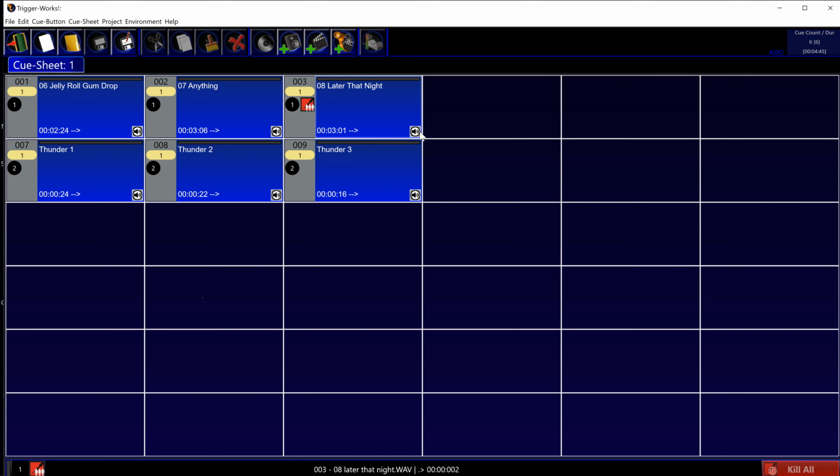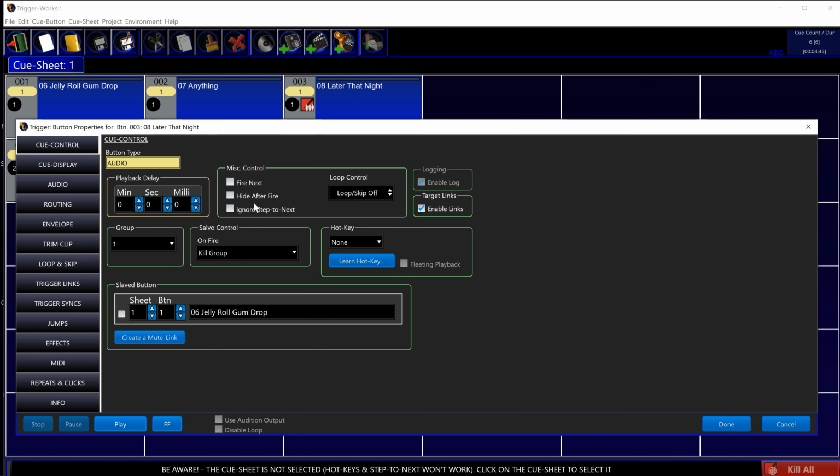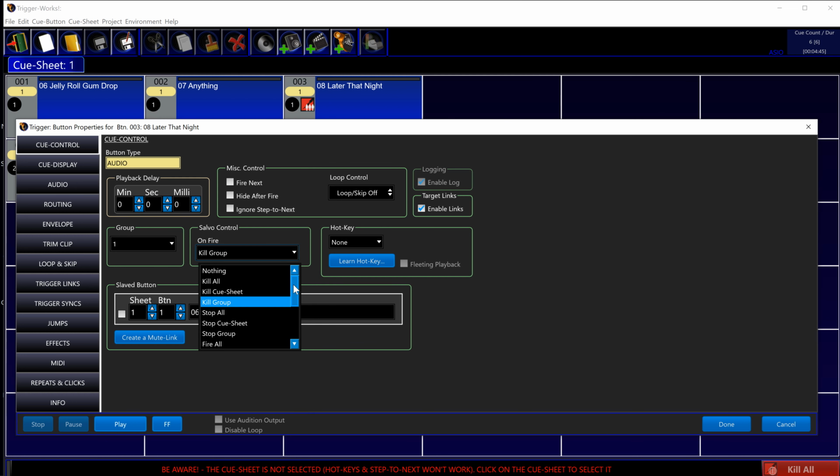So just to go back to the salvo control functionality, I'll talk a little bit about what's available to an audio cue button. And you can see you can kill the group, you can stop the group. Stop being different from kill in that if that button has a stop fade associated with it, the fade out will be applied. You can choose to fire everything within that range of buttons, and lockout is really for use